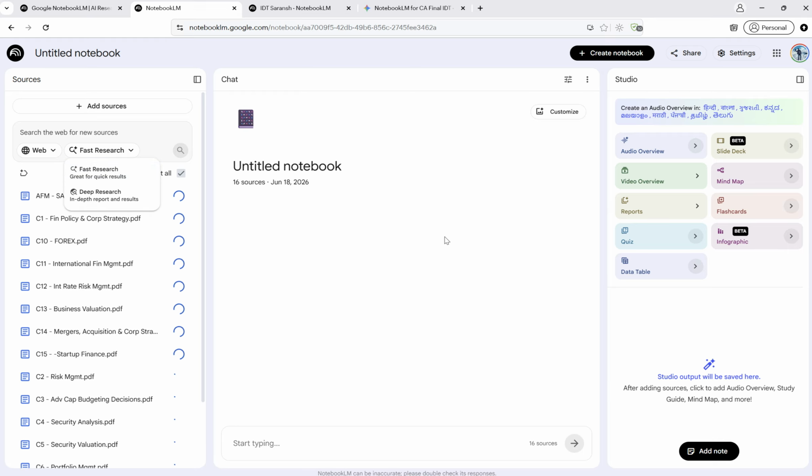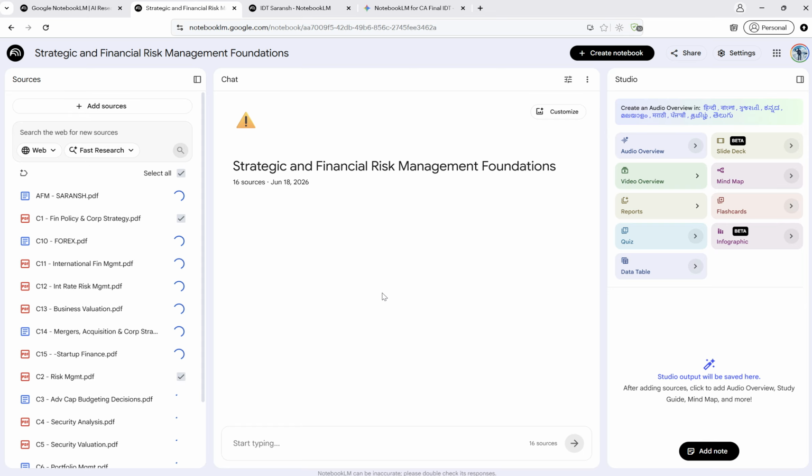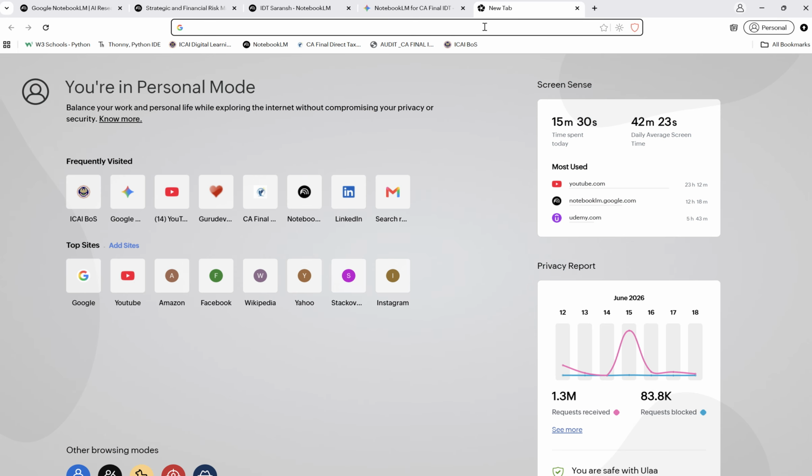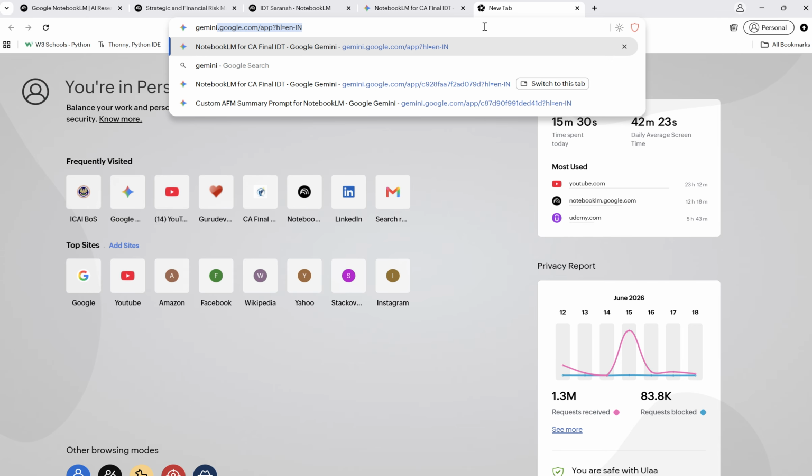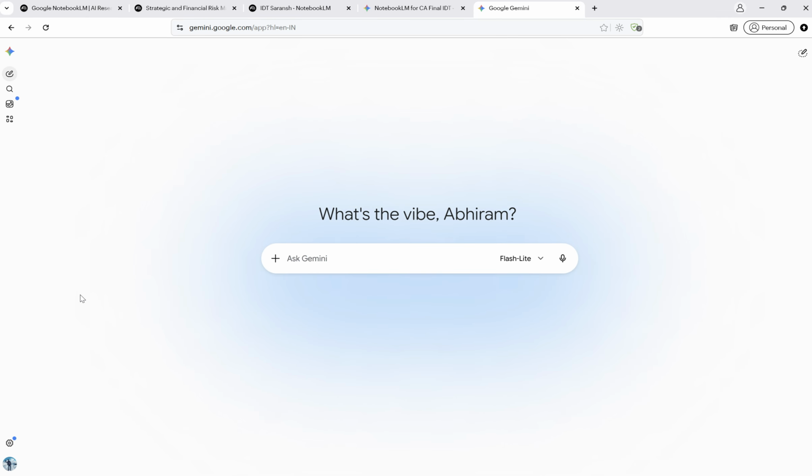Another thing that you have to do is you have the option to customize. NotebookLM by itself doesn't actually get you the results that you want. What you need to do is go to Gemini and ask Gemini to give you a prompt. Like if I say, I need a prompt to put in NotebookLM,